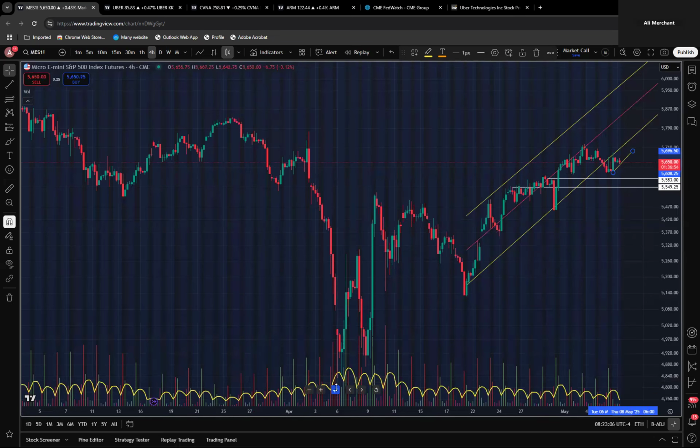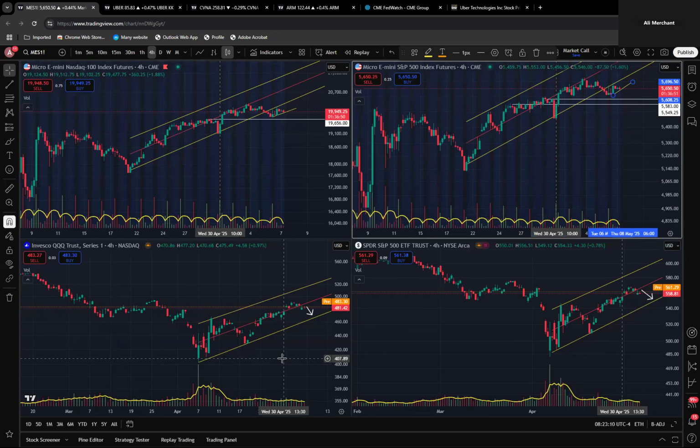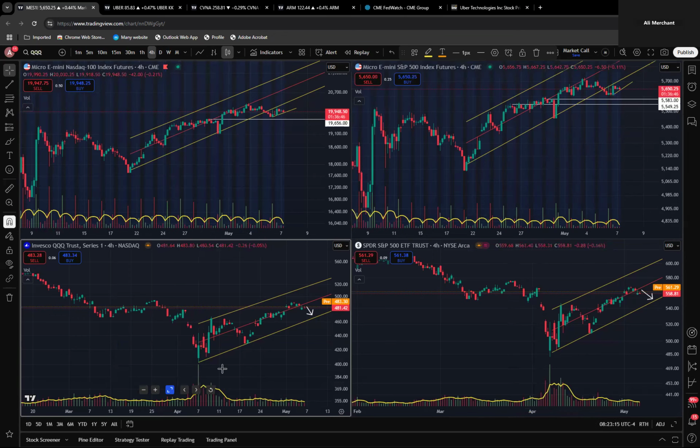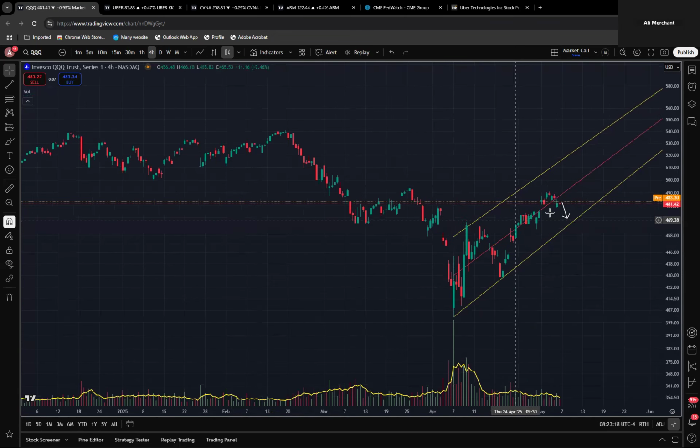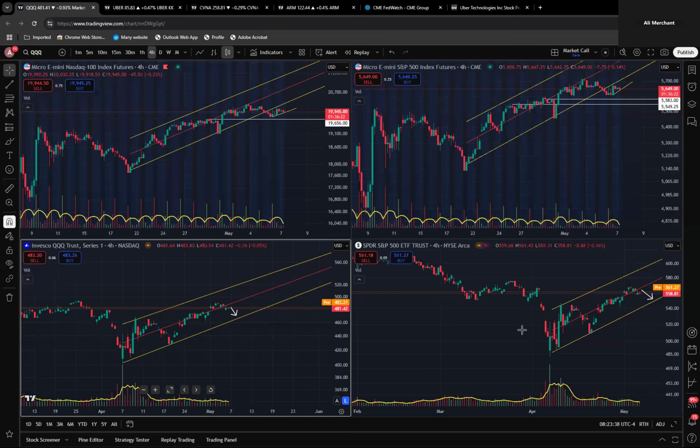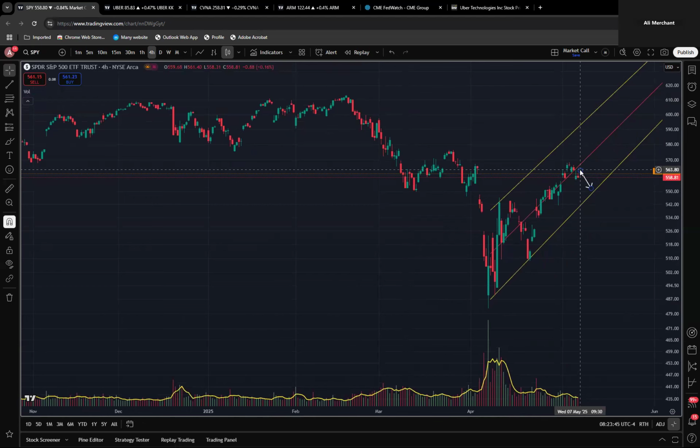Now, today we have a key event, which is the Fed rate announcement at 2 p.m., followed by a press conference at 2:30. If you look at QQQ, it is still in the range. It seems like QQQ may try to hit the upper boundary of the mid-band of the channel, which is 487. If it doesn't, and if it breaks the low of yesterday, which is 478, then we are probably heading down. If we break 478, 477, then most likely we're going down. There's nothing definite, but the high probability setup is there, and that's what we are here to identify.